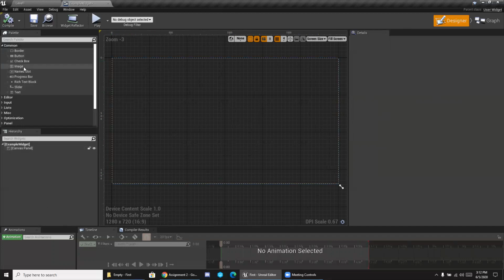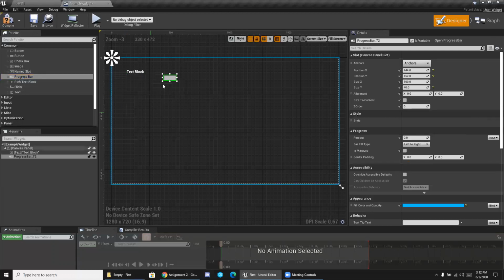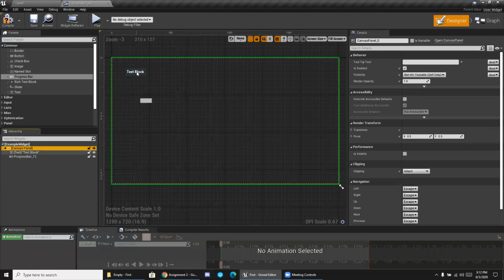Next up, we can drag things in from our palette to actually show on the screen. For our example, the first thing we create is an ammo bar. So we drag in a text, we can drag in a progress bar, and we could position them like this and position them all correctly on the screen. But there are a few other container tools that are quite useful that we use to lay out different things in our widget. Since we want our text block on the left and our progress bar on our right,